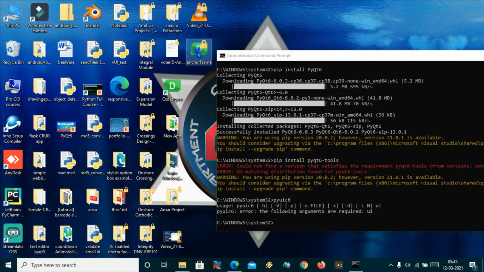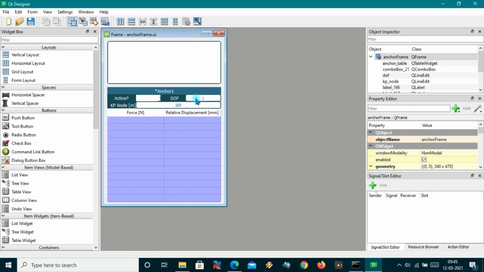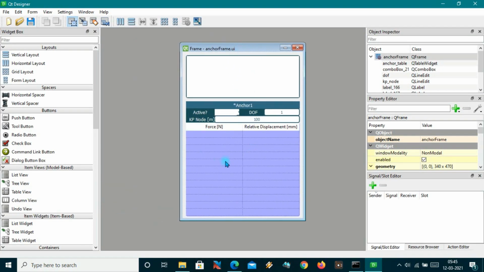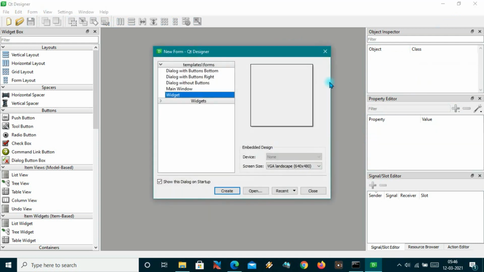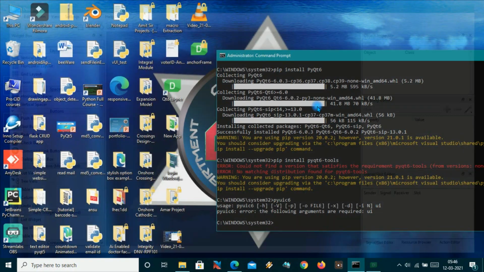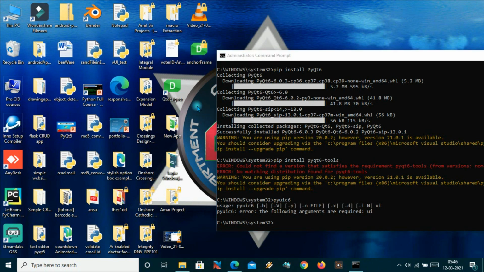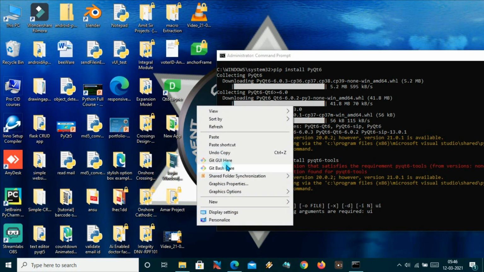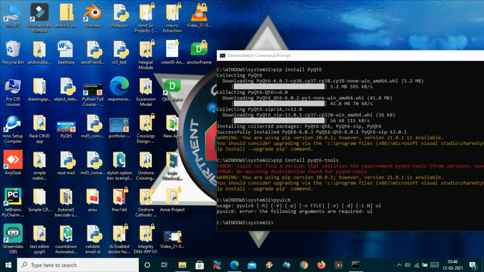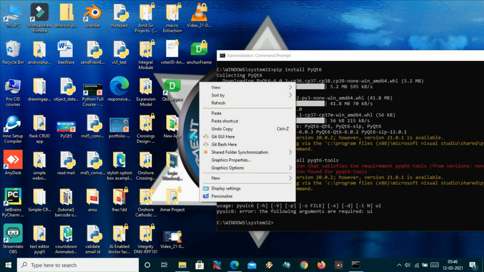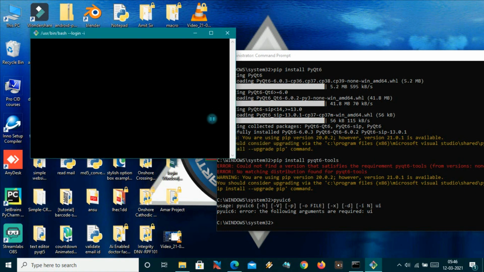Here it is. I have made a frame here, and this is my UI, using PyQt5 Qt Designer, and I will convert it using PyQt6. So how will I do it? I will just open CMD here. I'm using Git Bash, but you can use CMD or PowerShell, anything.